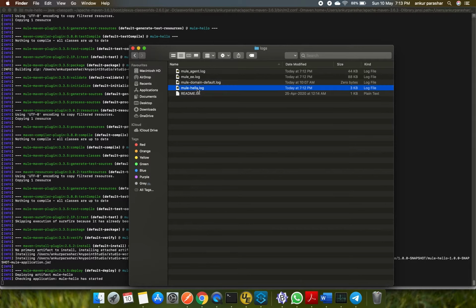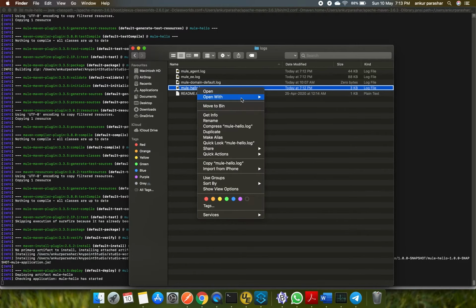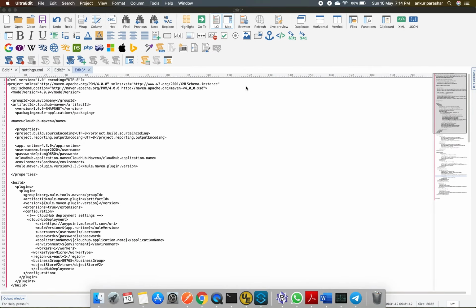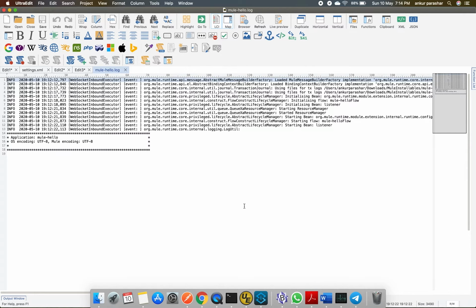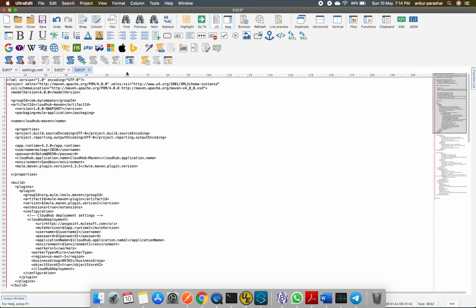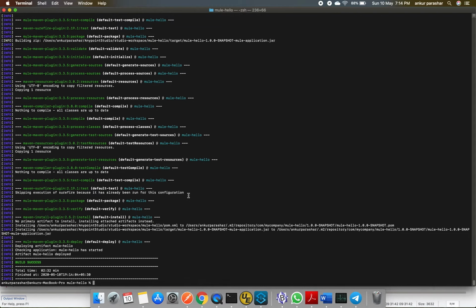So what does our log say? Let me open it in our UltraEdit. You can use any other editor as well. So it's being deployed. I will close this and go back to our terminal window once again. So you can see now the build is successful and the artifact is deployed, and the same we have confirmed from the file system level as well.